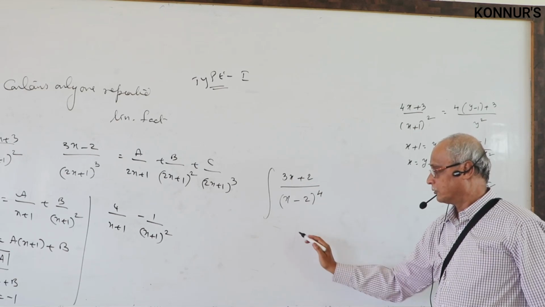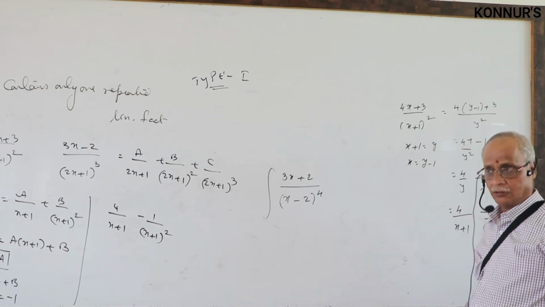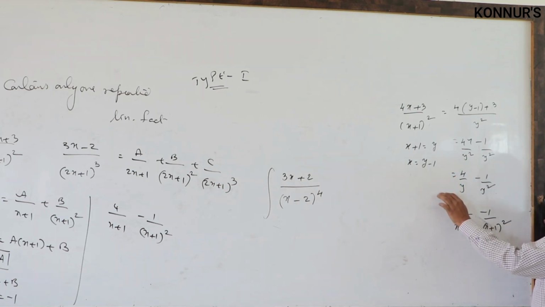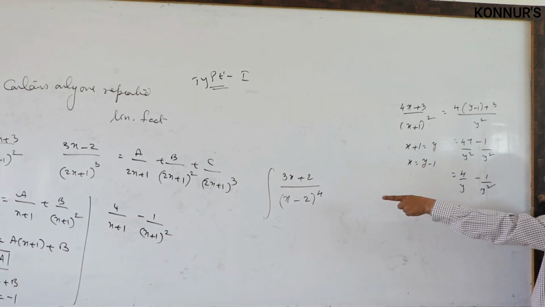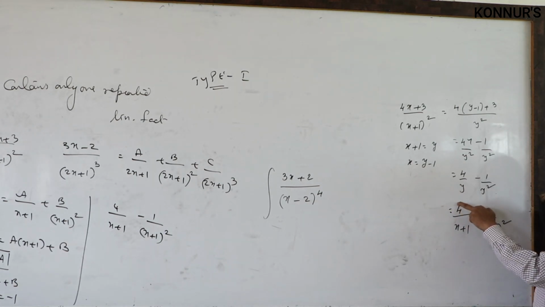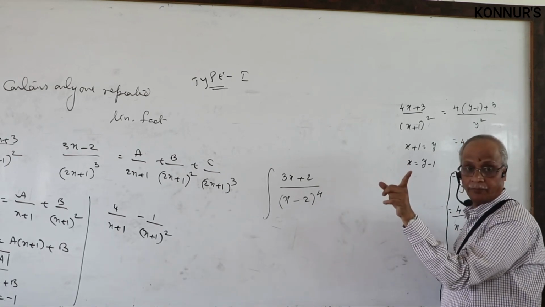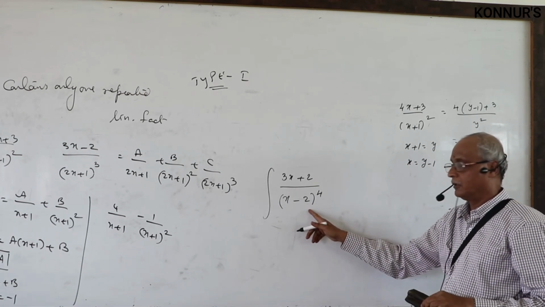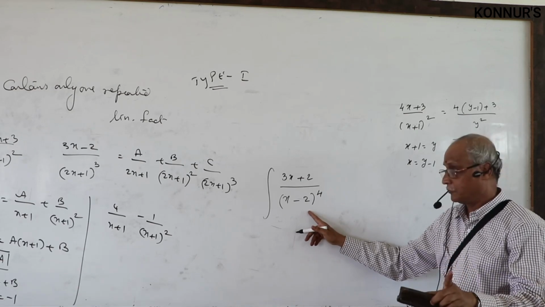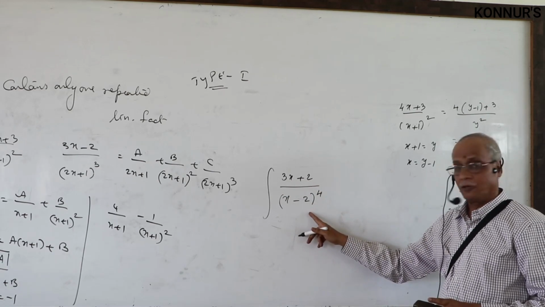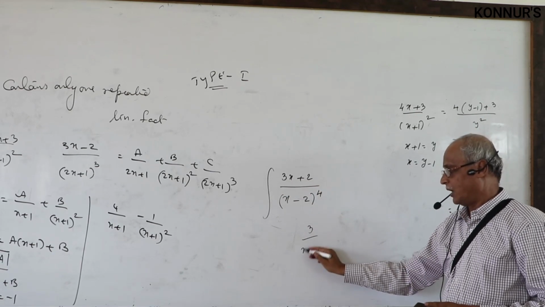Hence, what you do, once you practice, third level I am telling. This is the second level. First level method I gave. Now second I gave you alternate substitution. You must be perfect with the third stage I told. What is your substitution here? x minus 2 is y. Then what is the x value? y plus 2. When you write y plus 2 here, what happens? 3y plus 8 by y power 4, separate the denominator. 3 by y cube.